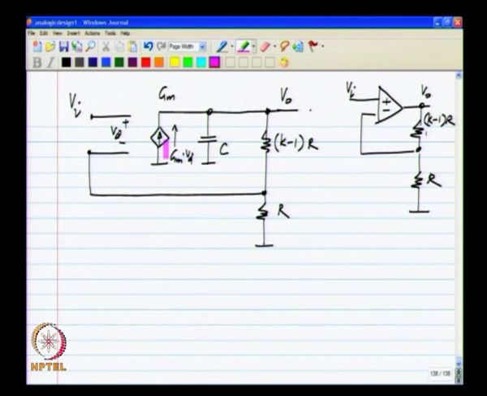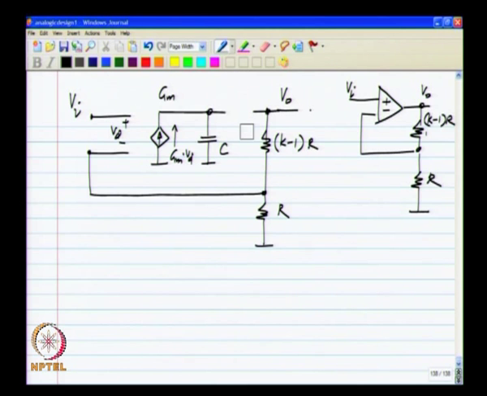Now, if you look at this, our idea was to convert Vd to current and then make the current go through the capacitor, but now we have connected the resistive network. So, a part of the current will go through that. So, the voltage V naught is simply not the integral of Vd, but it also has some other complicated terms. And if this R happens to be very small, hardly any current goes through the capacitor and most of it will go through the resistors. So, this circuit by itself will not do, we cannot use this, because what we connect to the output disturbs the action of integration.